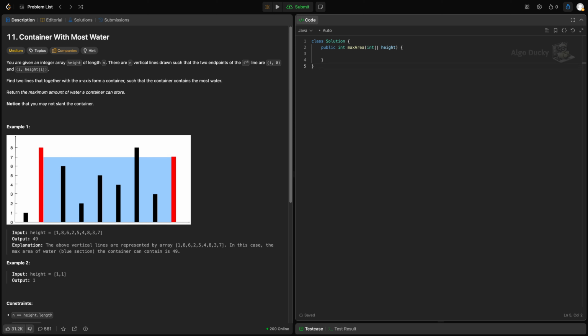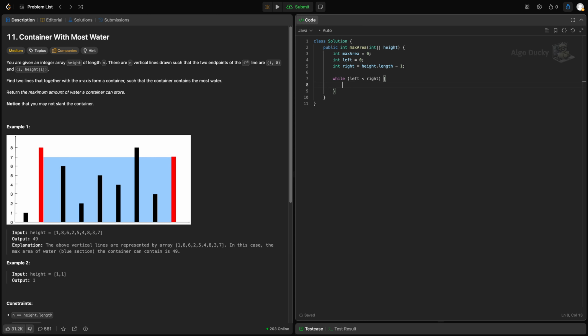Let's ditch the nested loops and try a two-pointer strategy, scanning smartly from both ends. First, we'll need a variable to track the best area we've seen, so we'll start that at 0. Then we set two pointers, one at the start, one at the end, so we can compare the widest containers first. We'll loop while the pointers haven't crossed, shrinking the window one step at a time and checking what we